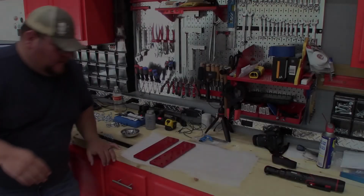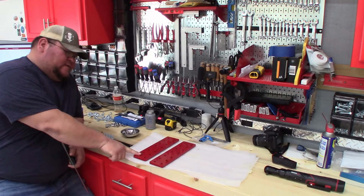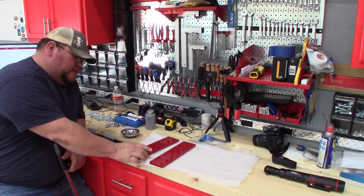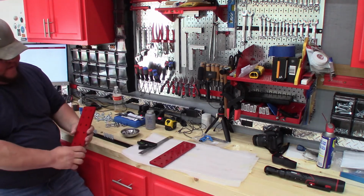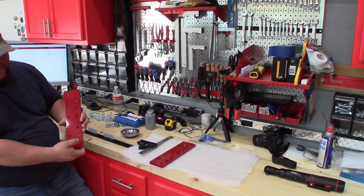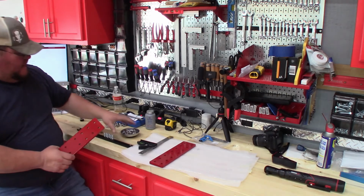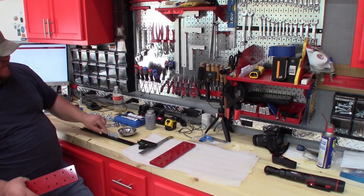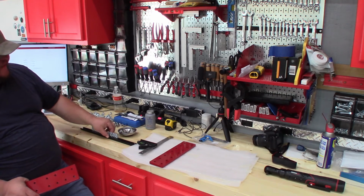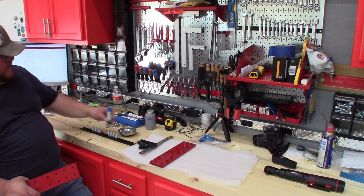Now that we've installed the riser extrusion, now we're going to install these joining plates on the back side. And to install these, you're going to see that it's got a set of 6 holes and 8 holes. We're going to be using the 6 holes in this step. Again, we're going to use rolling T-nuts. These are 20 millimeter screws, and it takes a 6 millimeter Allen wrench to tighten them. We will be using Loctite on this,